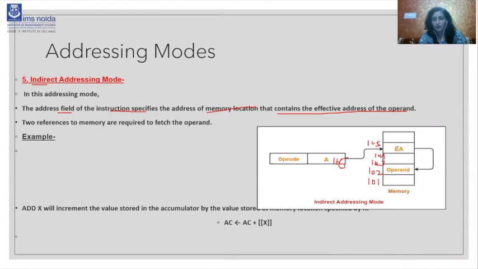Now this address 105 contains another effective address, suppose it contains the address 102, right? So from here we will move to the address 102. Clear? So an address containing another address is the example of indirect addressing mode. At whatever location the operand is found, this is called the effective address.